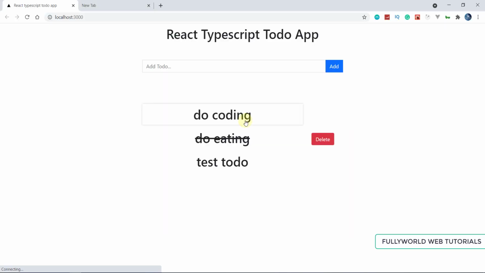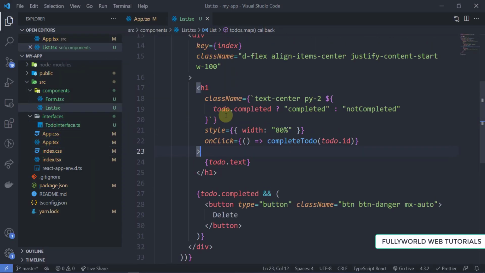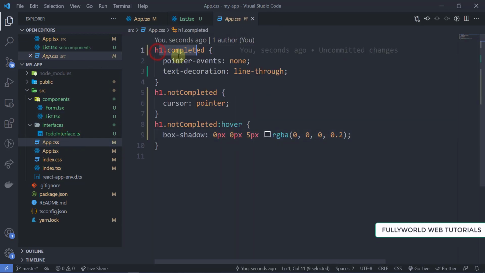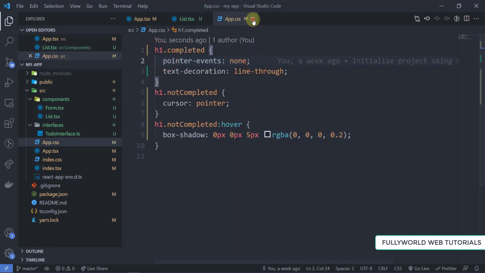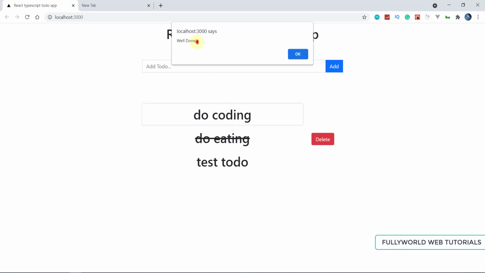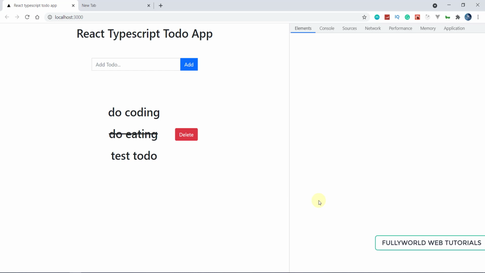As we know, see that here as this is completed here, and in the CSS we have provided that if todo is completed then write completed, otherwise not completed here. In the app.css we have defined if h1 is completed then pointer events none here. So here the click event will not work. So now when I click here, see that the click event is not working. When I click on do coding here, see that we are getting well done. Let's click on OK, and we are not getting the